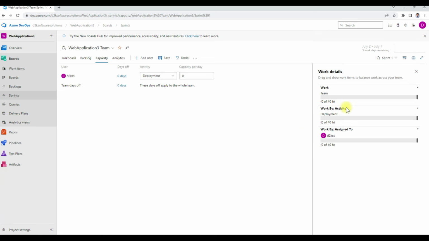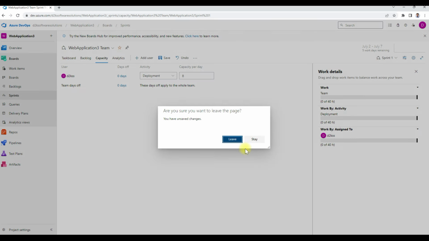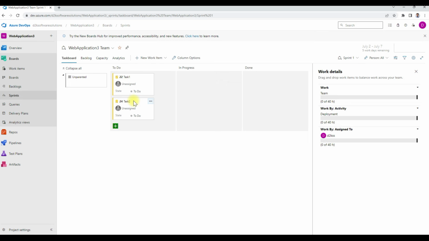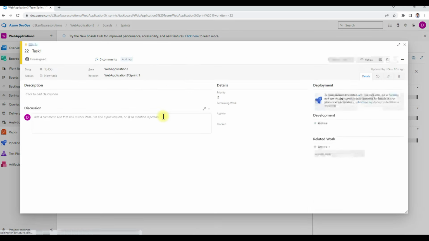and click OK. Now you can see what the work activity is and the number of hours that is available. So what I can do here is I have saved here. This particular developer can spend 8 hours per day for the development. So go back to the tasks. Under task 1, what I can do is,